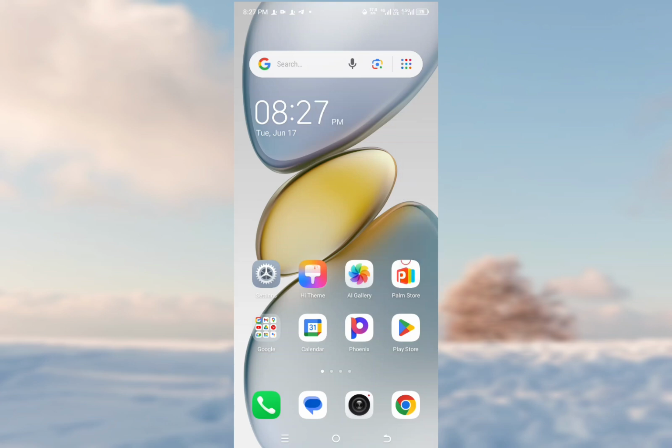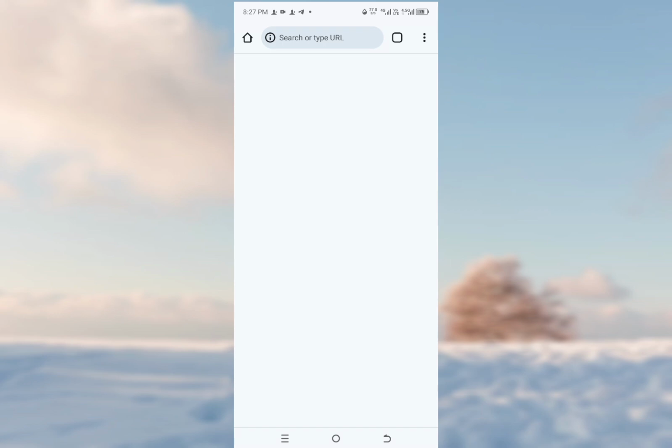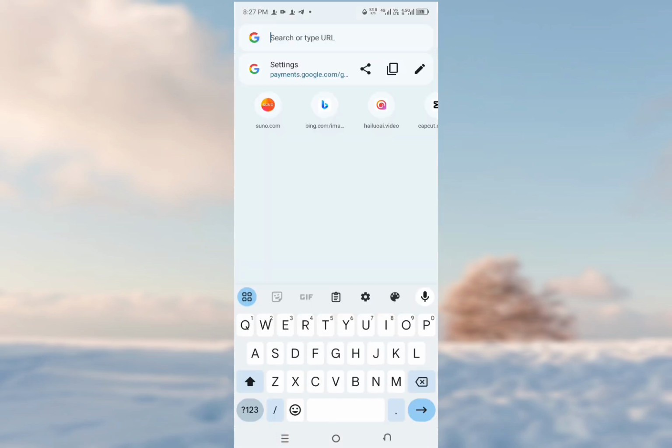Alright, so what you have to do is to use your Google browser or your Chrome browser. So I'm going to use my Chrome browser. Just open your Chrome browser and type Google